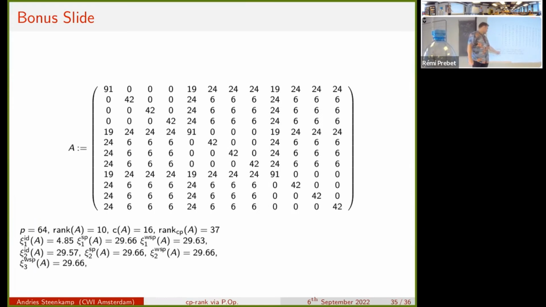Level 1. Okay, I probably should say that. Yeah, XI1 of SP says that the sparse hierarchy hits it at a 29, and then it kind of looks like it stays at this 29 region. But since I have the time to spare, I might as well tell you what this weak sparse hierarchy is.